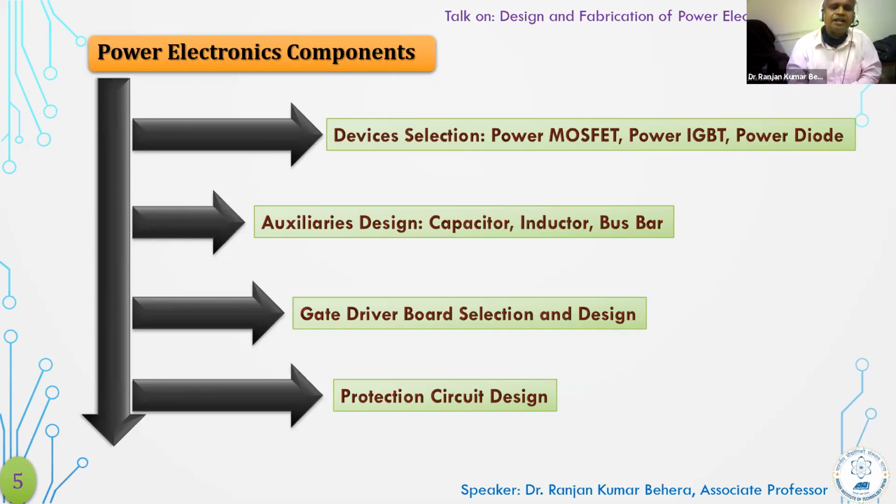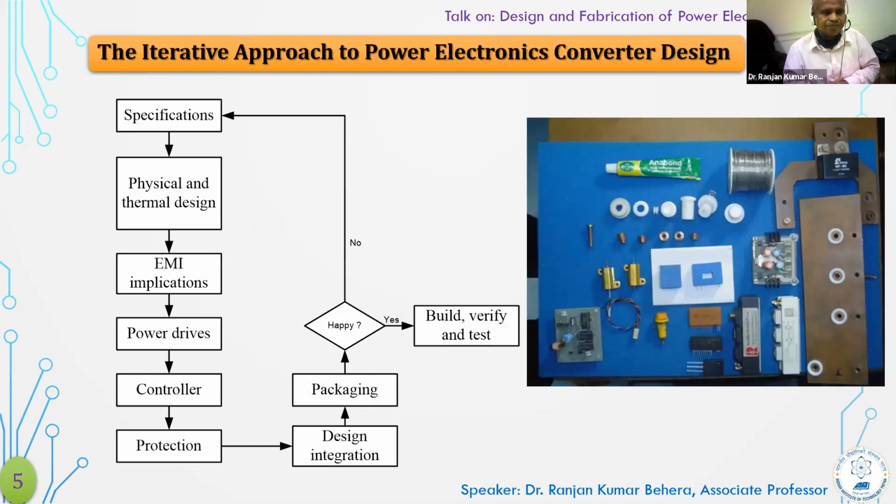Third thing is gate driver and board selection design. Fourth thing is protection, because without protection you cannot install. So this is the specific approach: first you put the rating, and then find out the parameters, current, voltage, all these things. Then device selection. You can see there is our picture, and you can see every component we